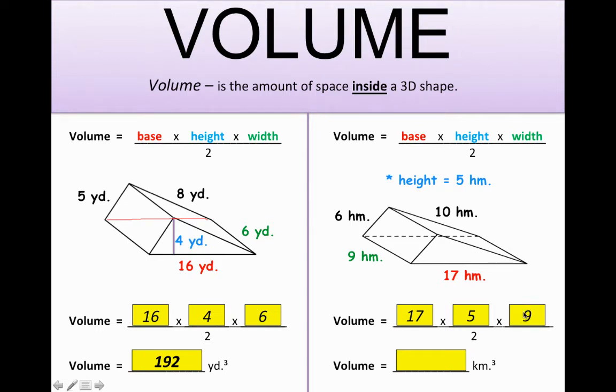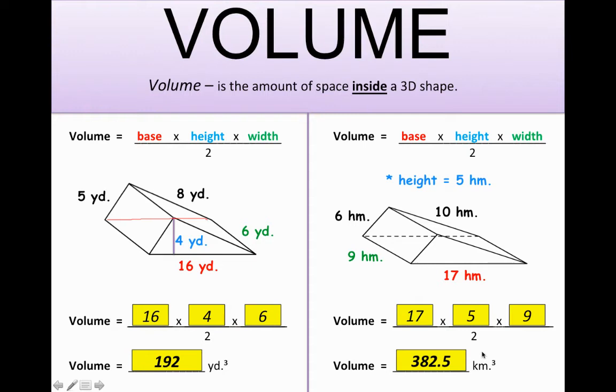So now that you have those three numbers, the base, the height, and the width, we're going to multiply those out. 17 times 5 times 9. But remember to divide it by 2. That's the one thing you guys got to keep an eye out for when you're doing the triangular prisms. It's that divided by 2 part. All right, when you do all of that, you're going to get